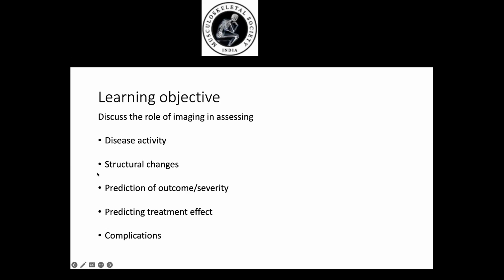Not much to explain there. We will discuss this further in the coming slides. Structural, so it is either uncontrolled active disease,